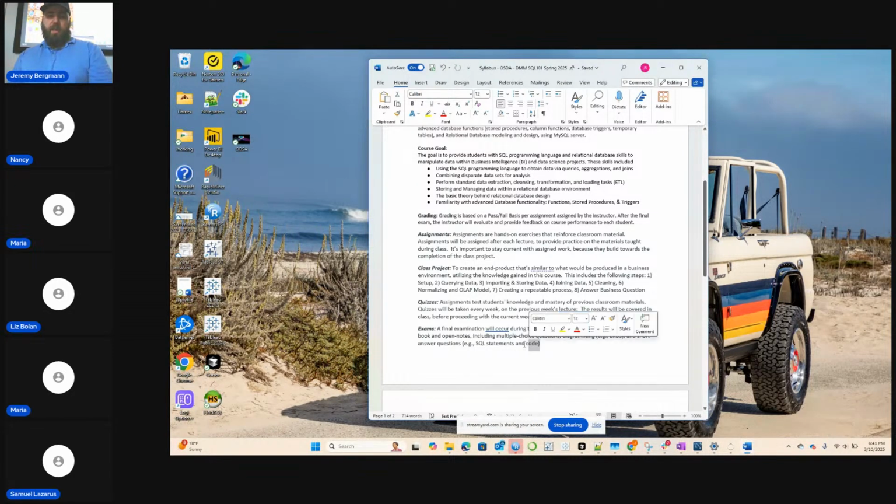We'll have a final exam. It'll be the last 2 hours of the final class. Open book and open notes. I believe in that. It'll be multiple choice, diagramming, short answers. And I also like to put practical examples in there, practical questions like, in this situation, if your manager is asking you this question, how would you write a query on this database? Or how would you design this database and so forth?